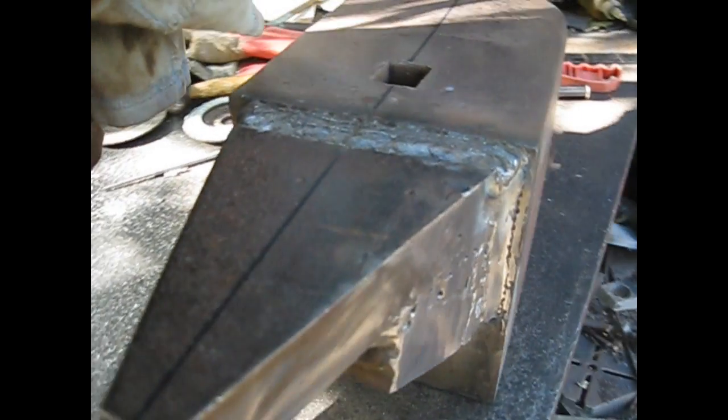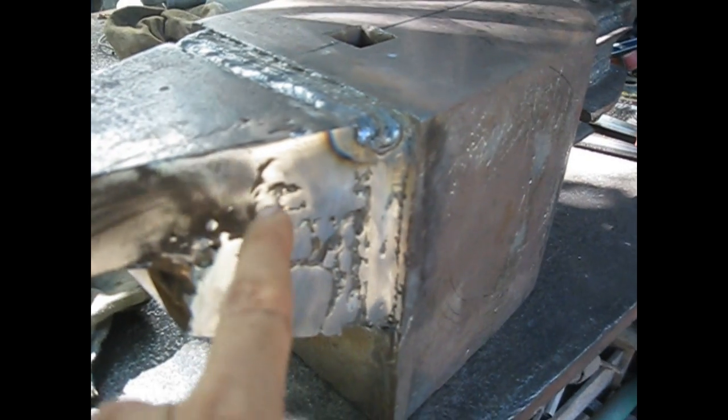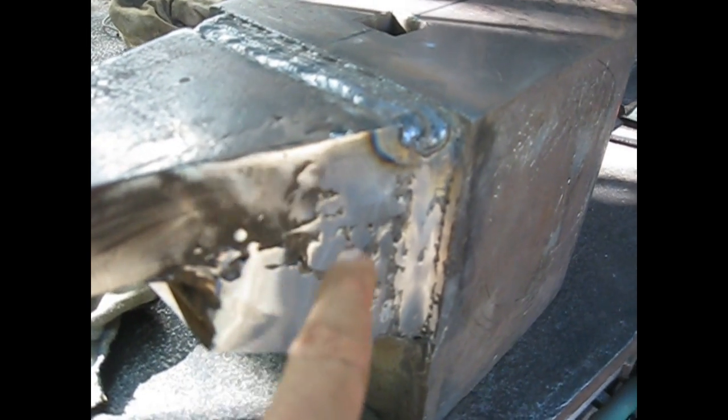This is where I got so far. You can see here almost finished welding all of this. I need to fill these gaps here, make it smooth. Of course I need to complete the horn, and